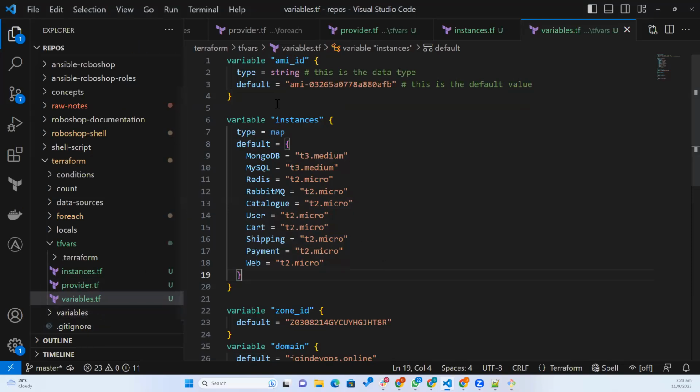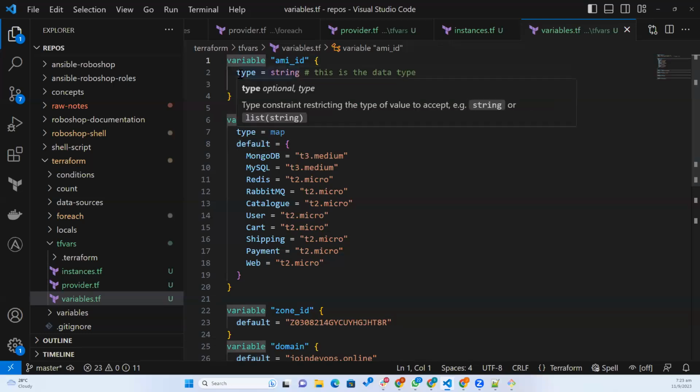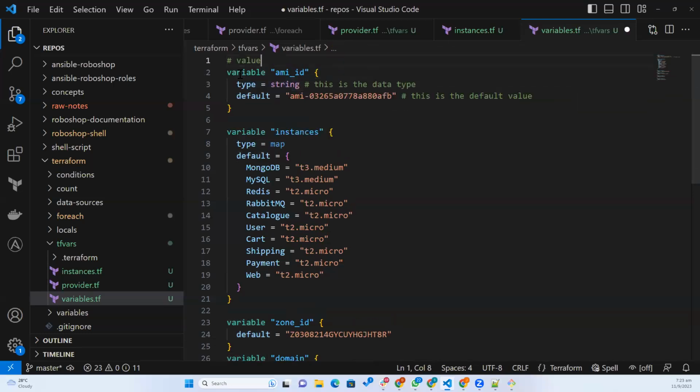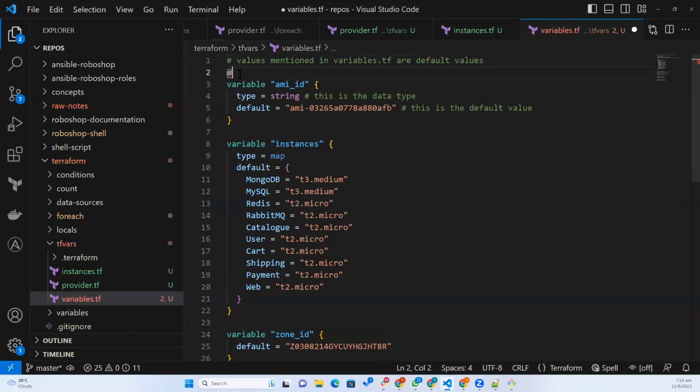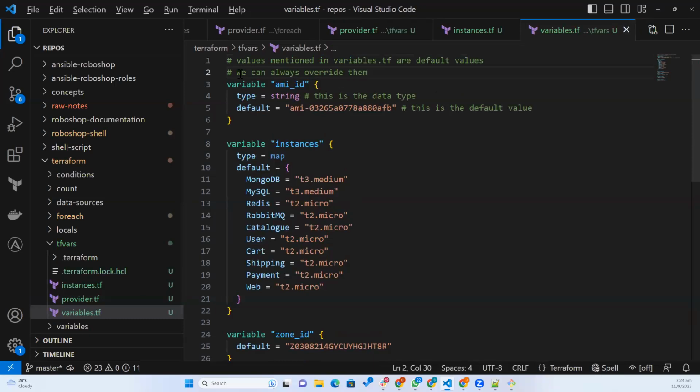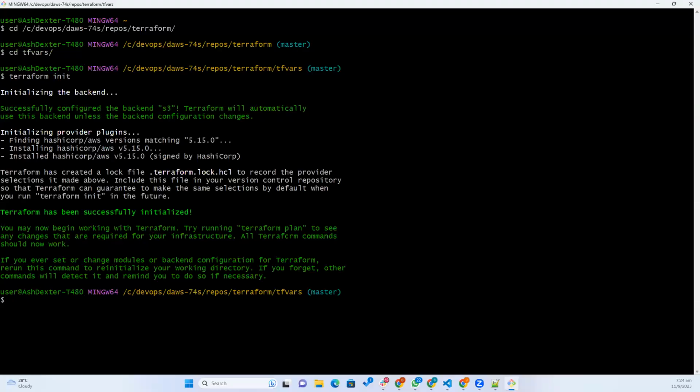The values you mention in variables.tf are default values. We can always override them. Now if you just do terraform plan,